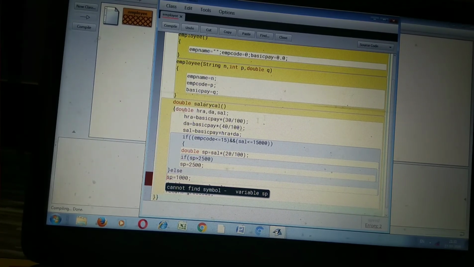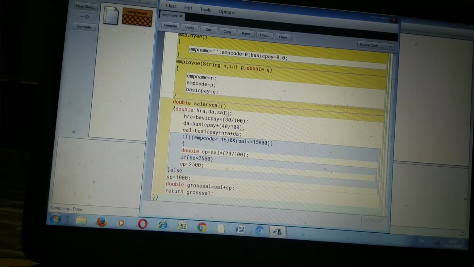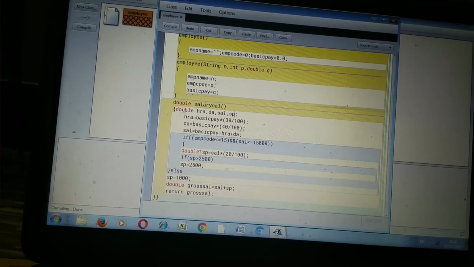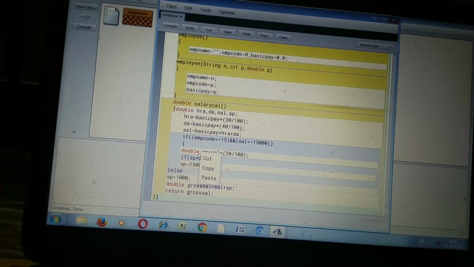I declared it inside the if block, so it cannot recognize that variable, because the if block is closed here. So we declare this variable after the function, and remove the data type from this side.